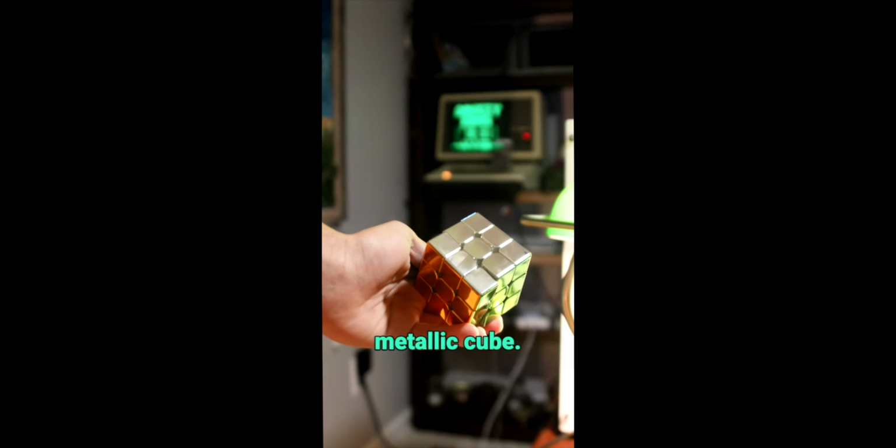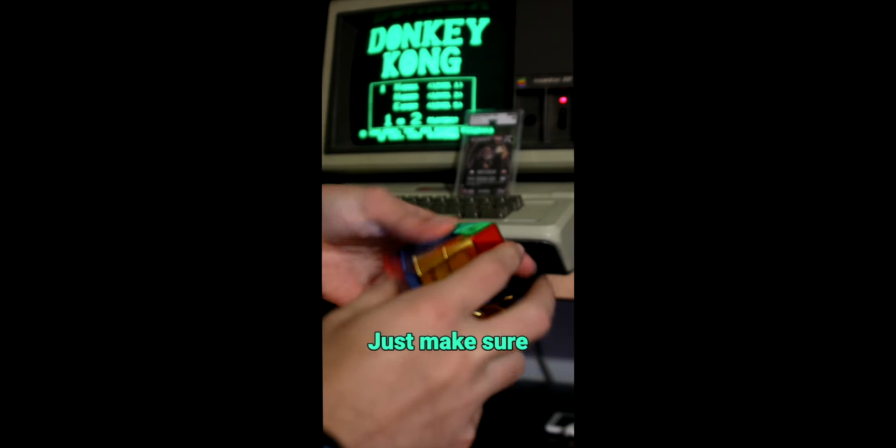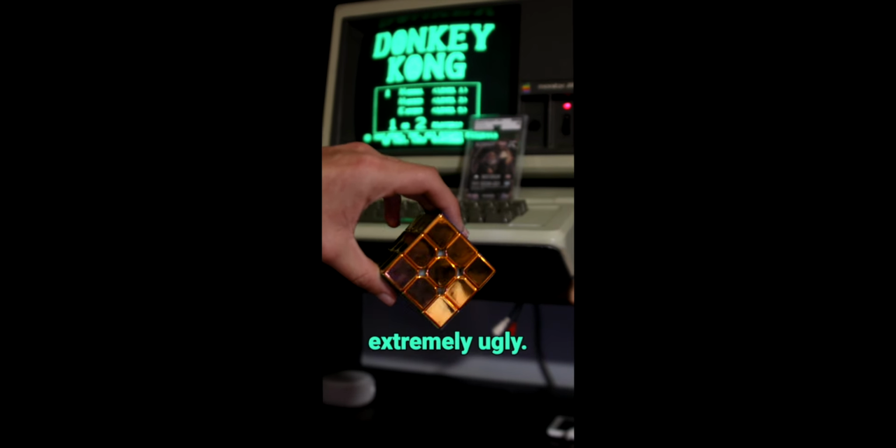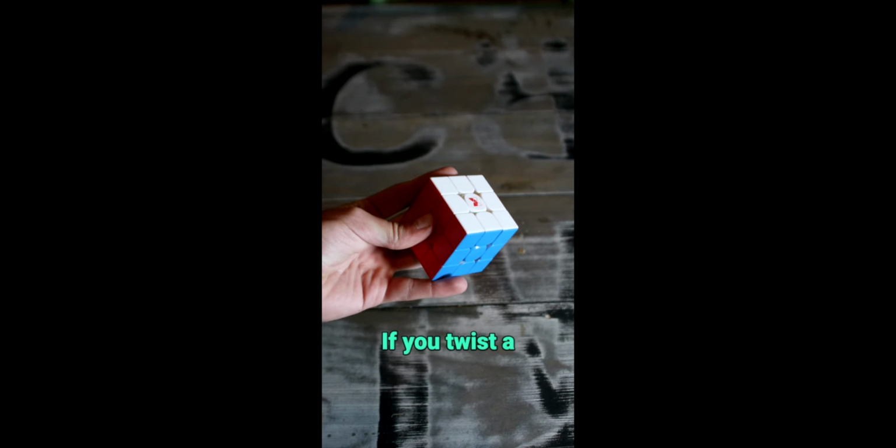This is the metallic cube, and it solves exactly like a regular Rubik's Cube. It actually turns pretty good. Just make sure not to solve it, or else it'll look extremely ugly from all the fingerprints. Seriously, how did they make it this way? But you can of course get this cube on speedcubeshop.com using code SHEP,